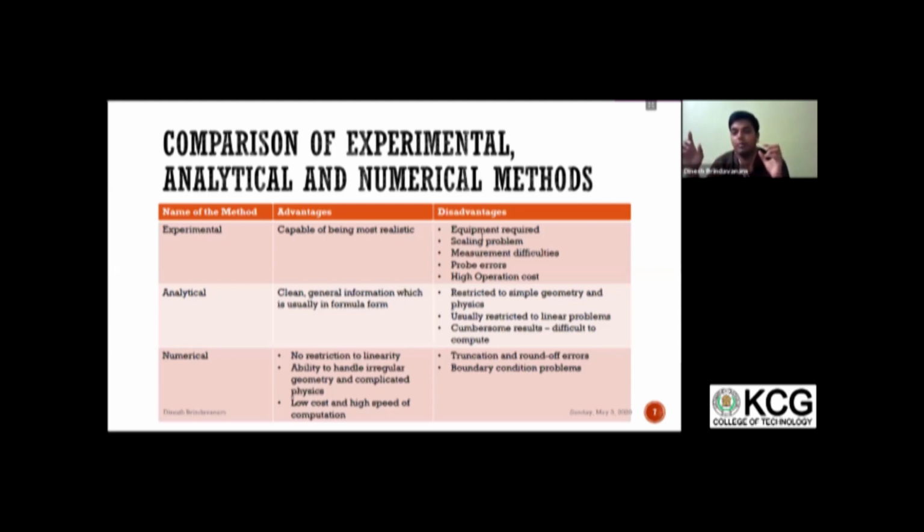So what is an experiment? You all obviously know that it is setting up the problem in laboratory conditions and trying to get some results. It has the most realistic approach. It has its advantages, but the disadvantage is you need equipment, and there can be a scaling problem. For example, you're trying to analyze flow through pipelines,